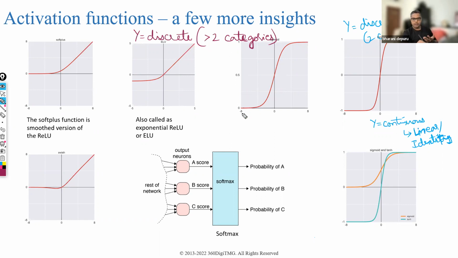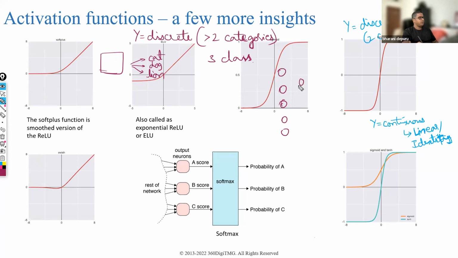Say you have a 3-class problem. Given an image, classify whether it is a cat or a dog or a lion. 3 classes. In your neural network,